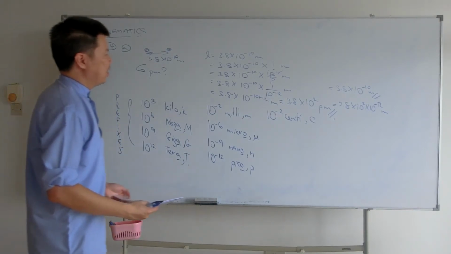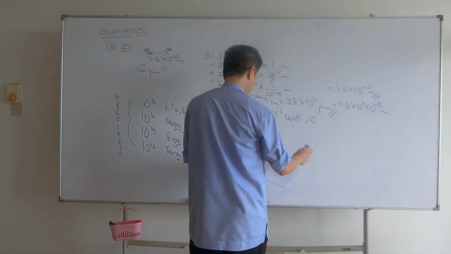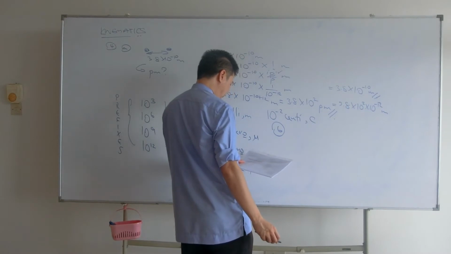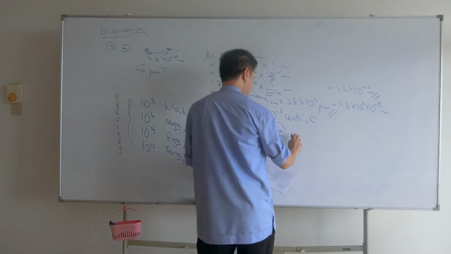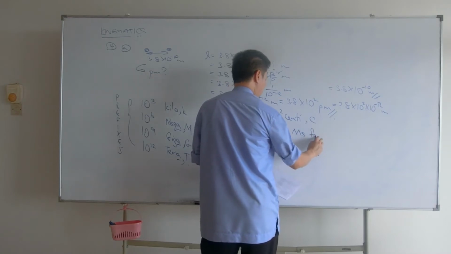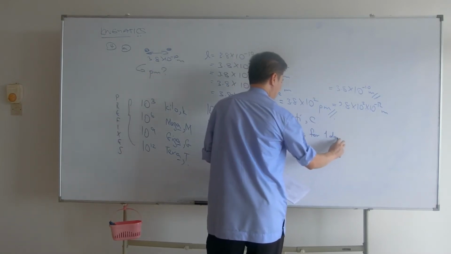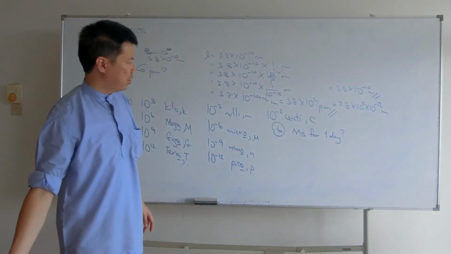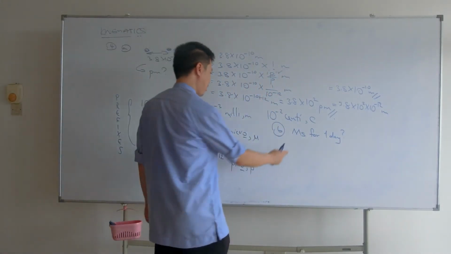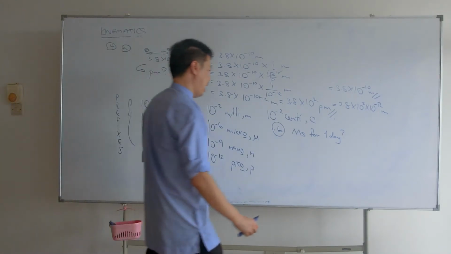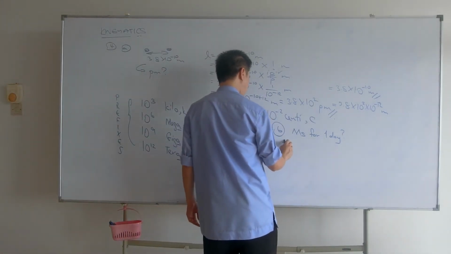Next one, B. Calculate the time of 1 day in megaseconds. You want it in terms of megaseconds for 1 day. Okay, so this is quite straightforward. Mega is 10 to the 6. 1 day, how many seconds? So in 1 day,